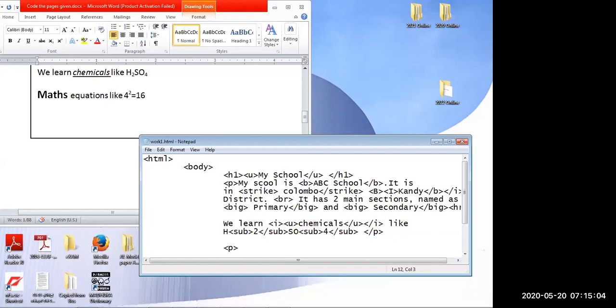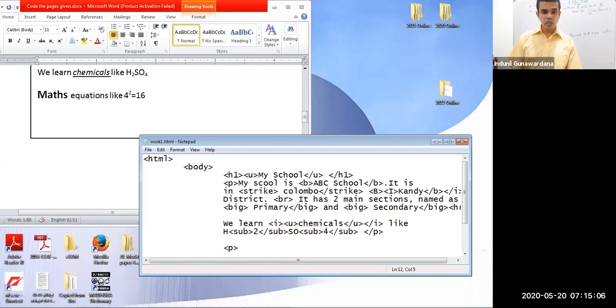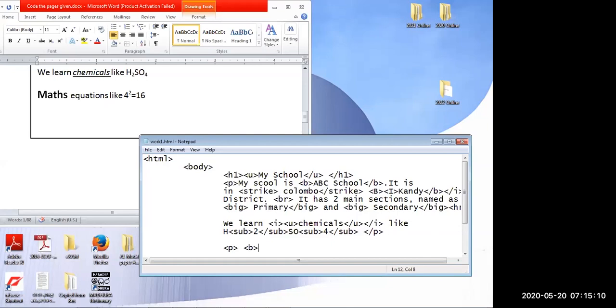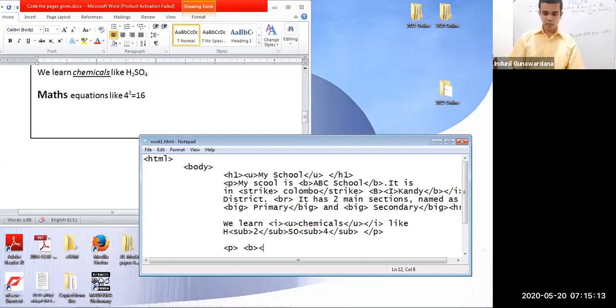Right. Now that paragraph begins with maths. That's a bold and big text. So I go for bold as well as big. Then I write maths. Closing, which should be closed first? Big, then bold. Big. And then I am closing bold, right? Then that formatting is over. Then I can continue to the rest. Equations like